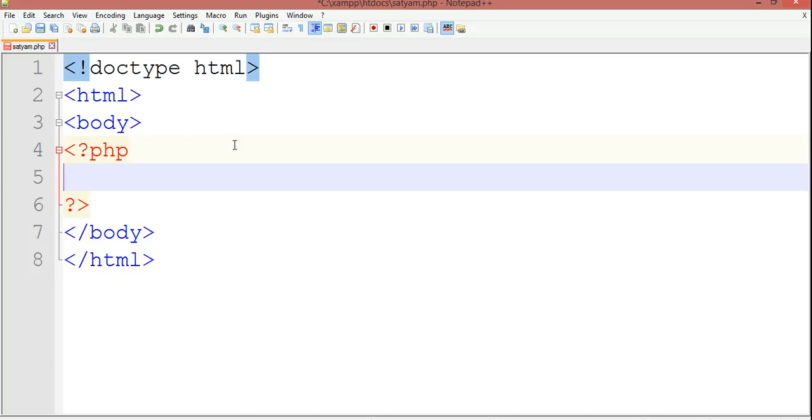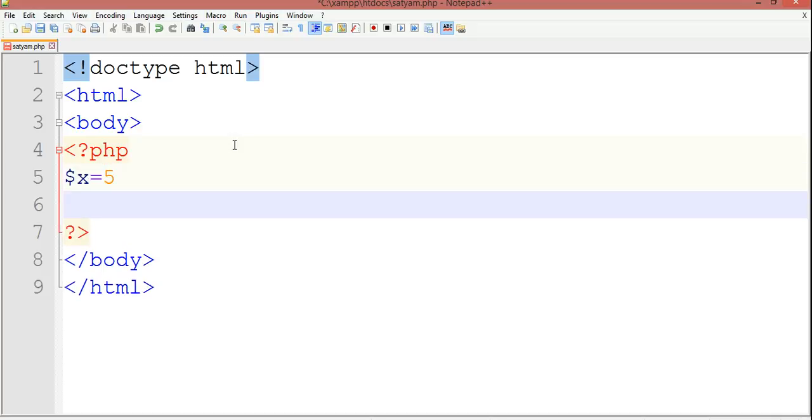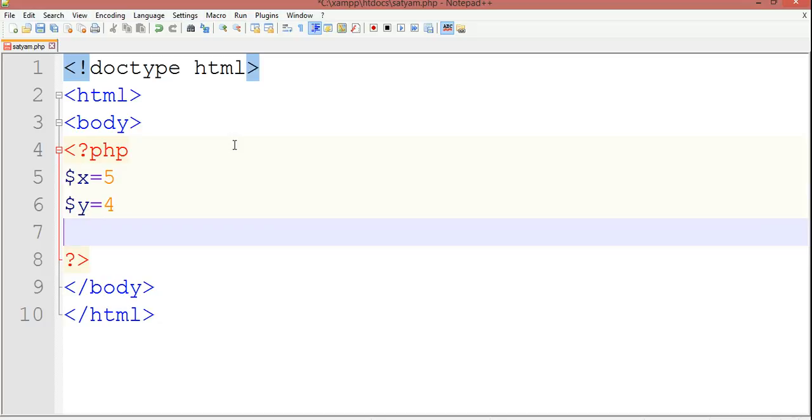I told you we are going to use the PHP tags, and I'm going to define x equal to 5. Then I'm going to define y equal to 4. Next, when 5 and 4 are added, there should be another variable. I'm defining that variable z.